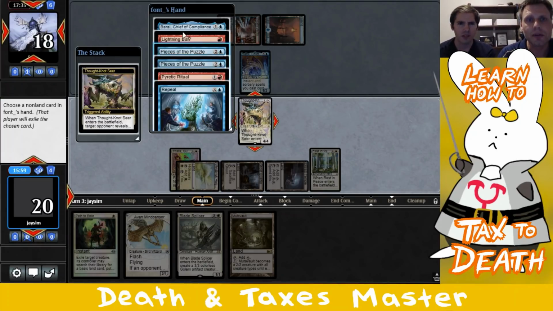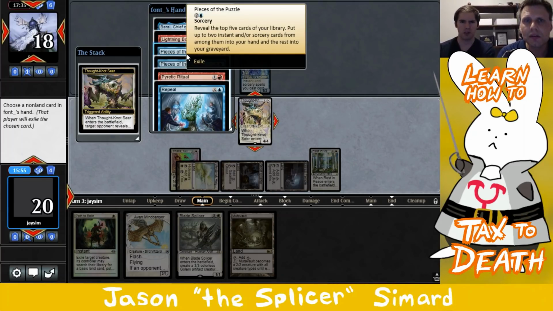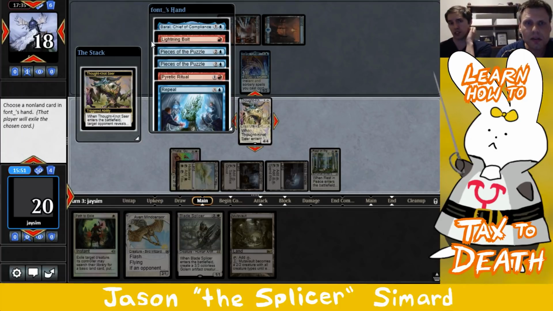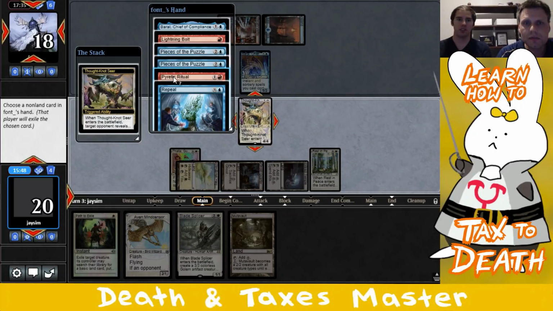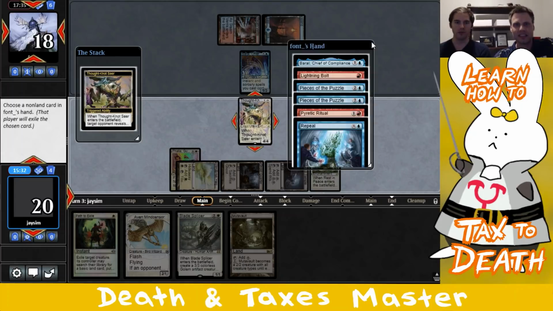Whoa. Pieces of the... Oh, they're going super attrition based. Pieces of the Puzzle. It's a card advantage spell. It gets a lot of cards. So I think here, we're actually going to take a second Brawl. Wow, you're going to deal with the first one? Well, we have a Path, right? Maybe just one of these Pieces. Or maybe this Repeal. Jeez, his hand's kind of...